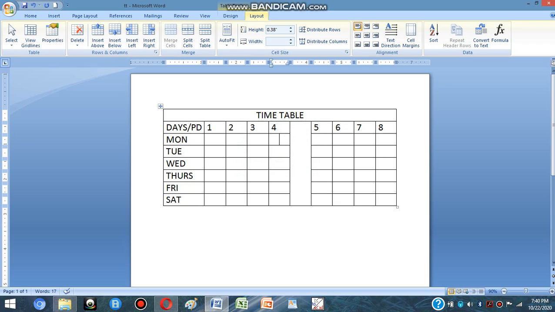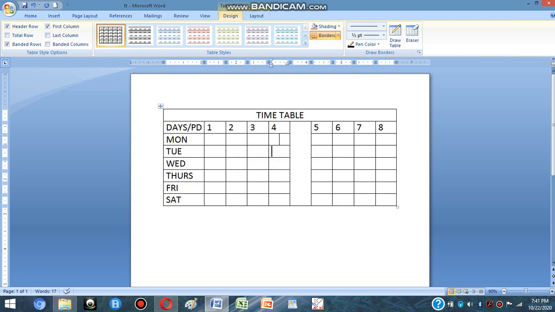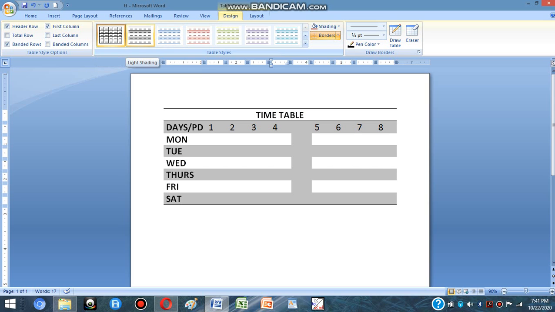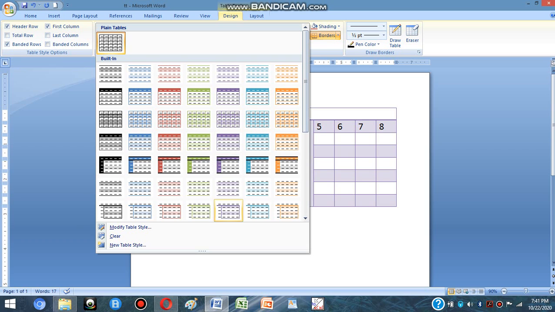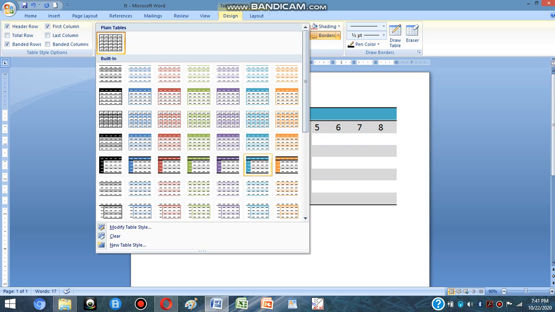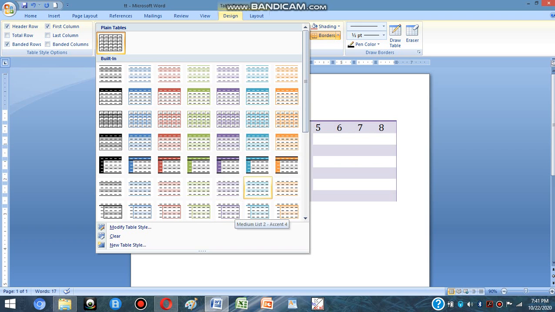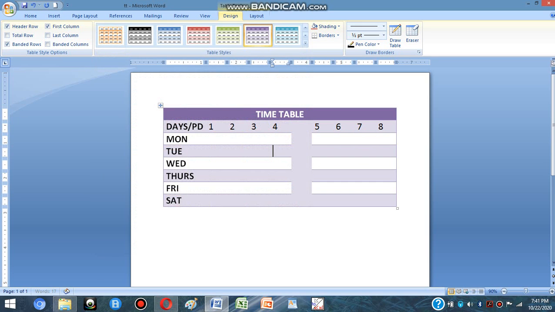Now table styles. Tables in MS Word can be styled using several choices available. And we can do this from Design tab. In Design tab, we can change the border. You can see when I am taking my cursor to different table styles, table is appearing in different styles. And there are many styles present here and we can select any of them to make our table in a stylish form. For example, I am taking this. So this is table style.